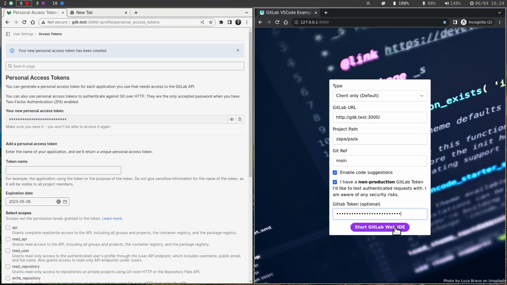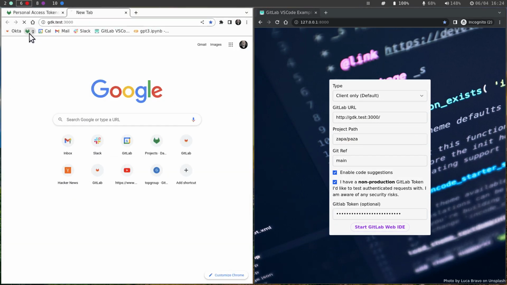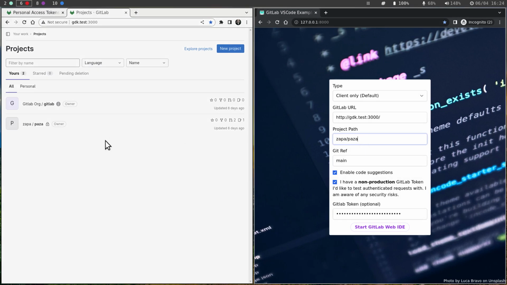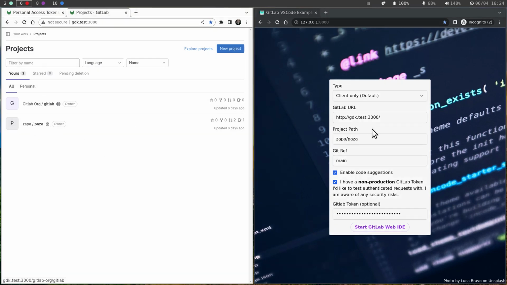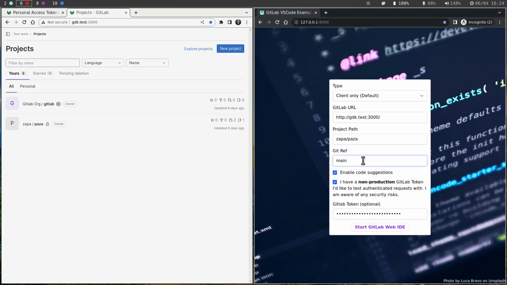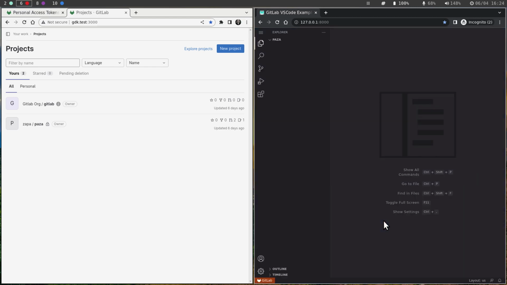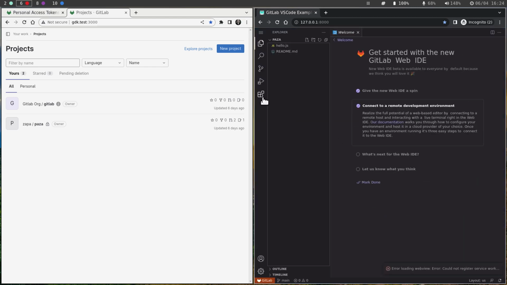So this is my local GDK. This is the project in my local GDK, which I created here. That can be any other project which you created here. This is the main branch. So I start that. And now the